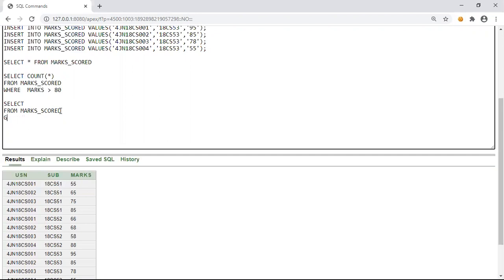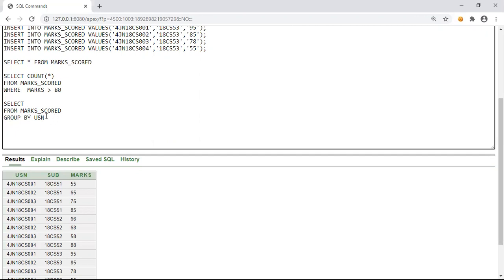And in order to group the students, the clause is group by. If we have a where clause, we have to write it before group by. It is a clause having 2 words, group by. Here after this group by, we have to write the list of attributes based on which we are grouping the students or grouping the entire data in the table. So it is the USN based on which we will be grouping it.